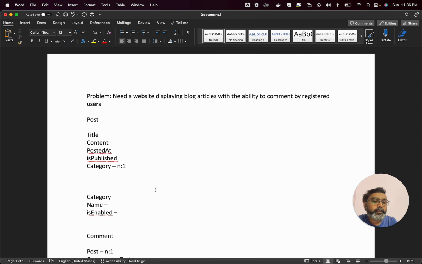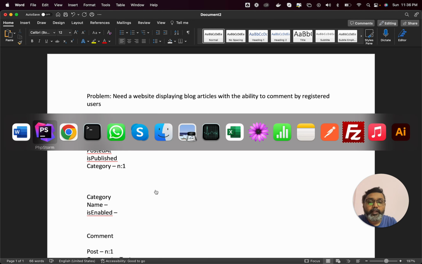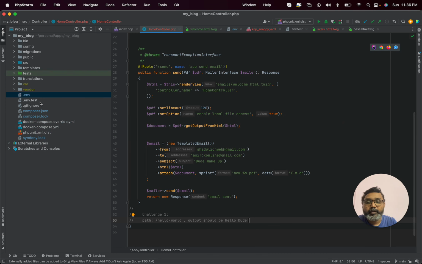Before doing this, the first thing is we need a database. We need to configure the database. How can we configure the database? That is very